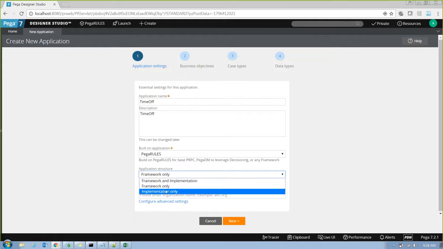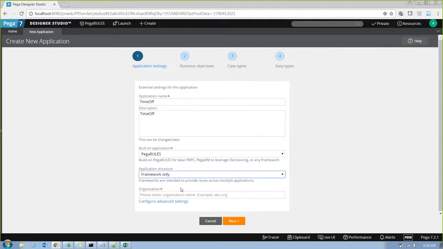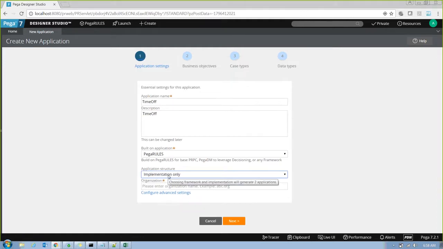Or you can say implementation only, then you mean that you're building only implementation, you don't want framework at all. Or the other way is, you have already installed framework, and now you want to only enhance it. So implementation only. Then both framework and implementation.